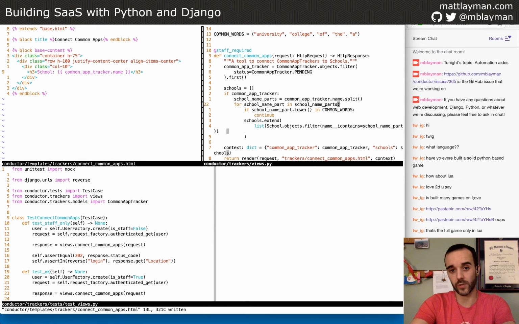So in University of Virginia, that's 3 words: University, of, and Virginia. And we take out the common words and we ignore them because we don't care about the word university. That's going to turn up too many results. We don't care about articles like the and a and of, although of may not be an article, whatever. I'm an engineer, not an English person. But I'm throwing out common words because it doesn't matter.